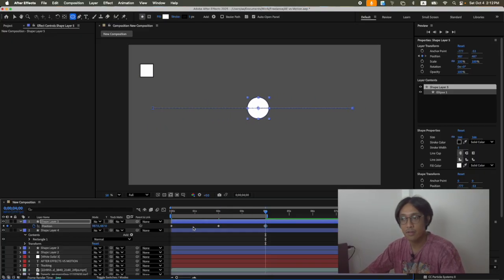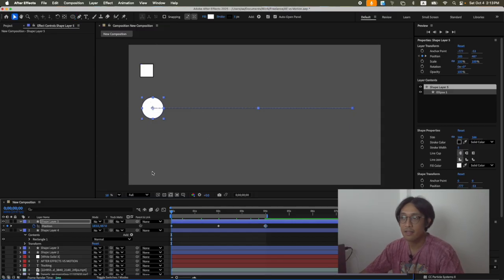Okay, so quite easy. I have 3 keyframes. From the left, the initial position, then the middle keyframe goes to the right, and then the last keyframe, the shape or the circle goes to the center. So if we look at it,